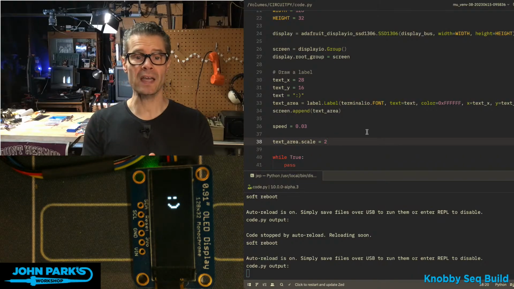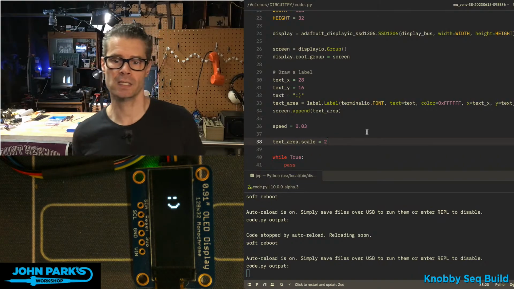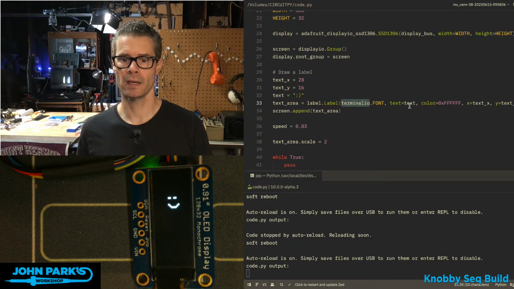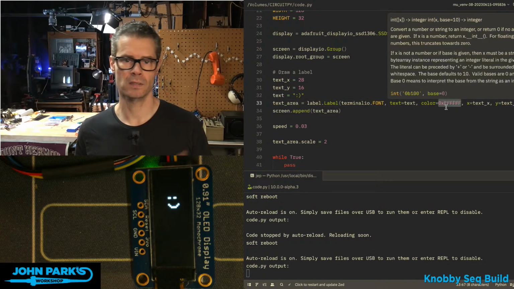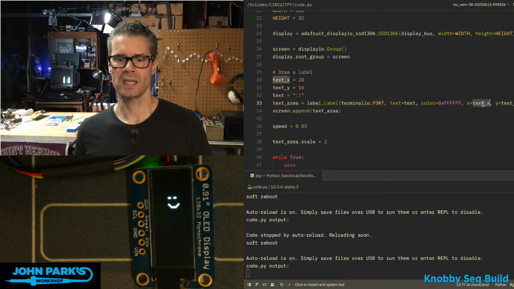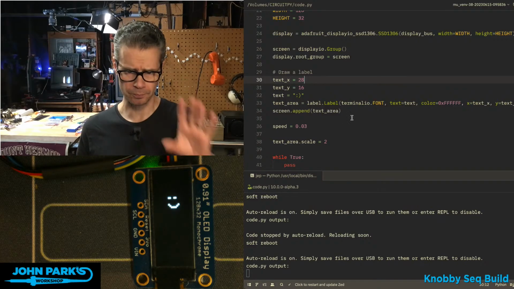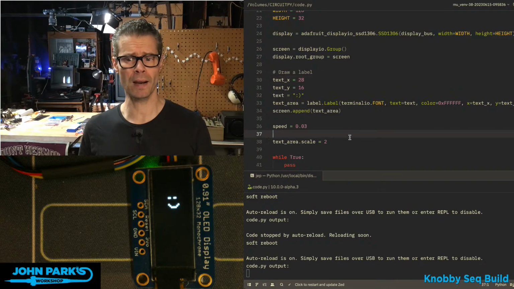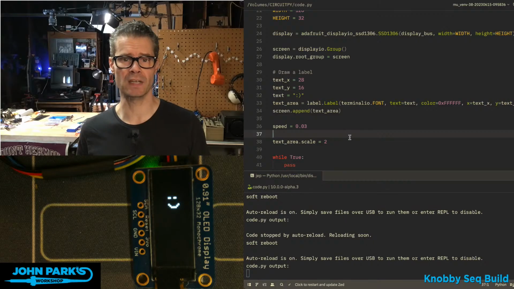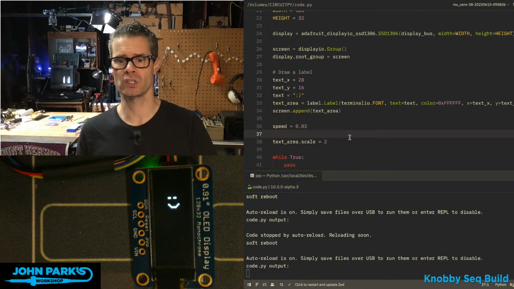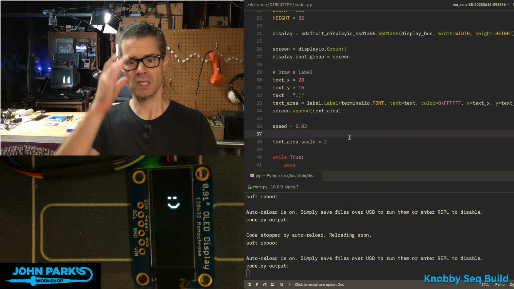And the way I'm creating that is using text. I have a text object called label here that's using the terminalio font in white, this is a black and white OLED, with a size that I've set, a position that I've set previously. So very similar to last week where we're moving these around. But right now, instead of moving around, I just want to adjust the size of it. Now, there are a couple of ways to do this with fonts. You may have multiple fonts. If it's bitmap, if it's terminalio, it has built-in scaling.